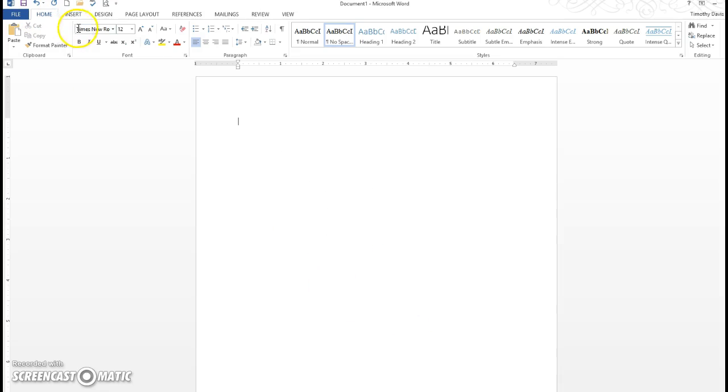And again, it's still Times New Roman 12 point. MLA uses the same font as APA. So that's some of the similarities with the two formats, but there are a lot of differences, as you will see. For one, MLA does not use a title page. MLA is a lot simpler than